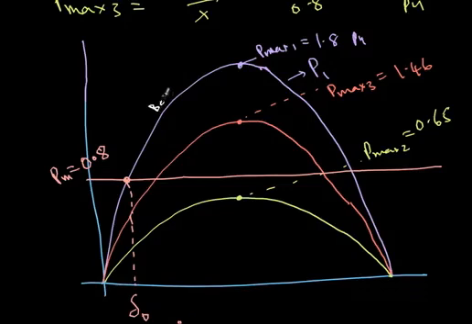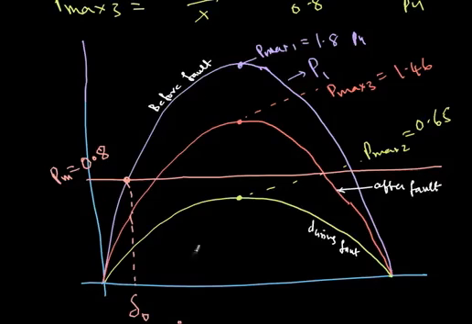So when the fault occurs, this is before fault, this is during fault, and this is after fault. Okay, so when the fault occurs, I am operating at this point, and at that time I jump to this point, and then mechanical power is more than electrical power, so the rotor will accelerate. So I keep accumulating this area and I'll keep moving towards the right. So after some angle,